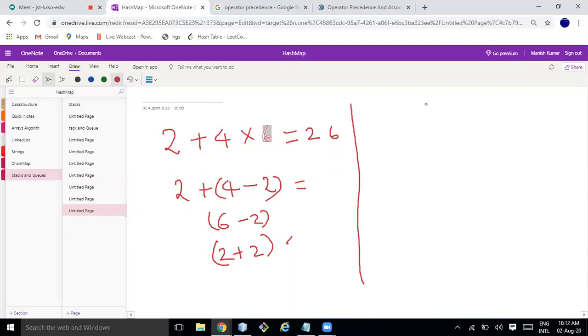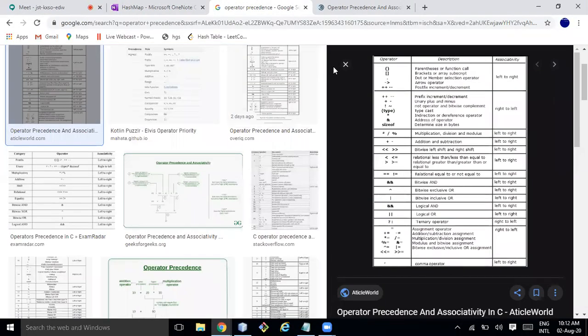So if two operators, let's say plus and minus, both have the same precedence, and multiplication and division have the same precedence, then we need to check what the associativity is. Make sense? Now again I am going back to that chart.